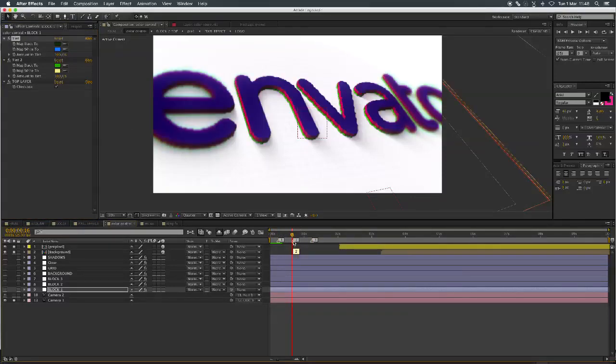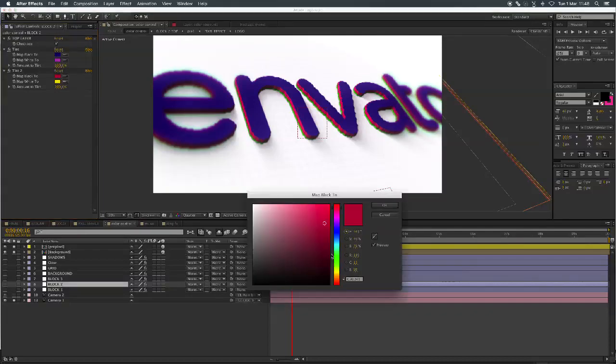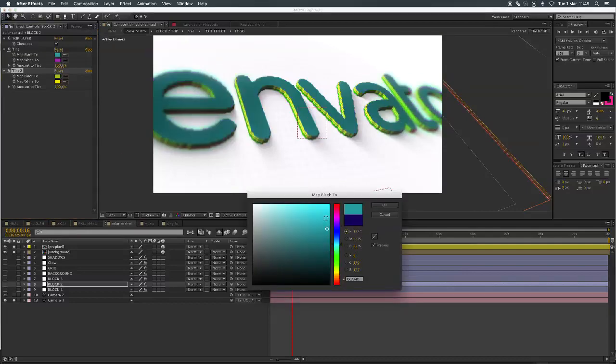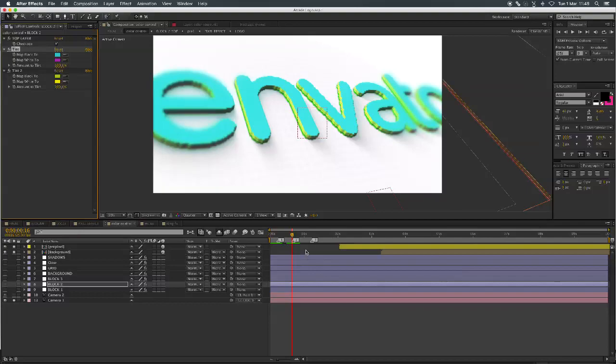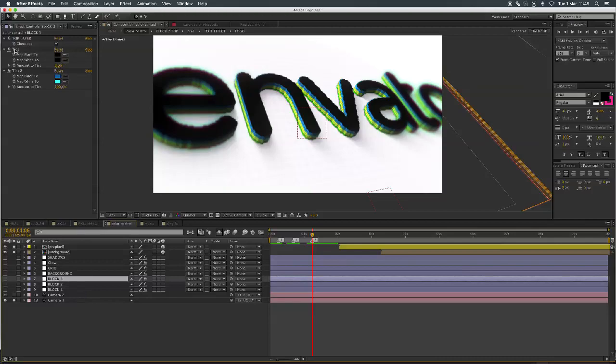Block 2 you can just activate here. It's the same situation, you've got the red on the side and blue on top. Just select block 2 and top layer, just turn that off to see what's going on. It's red. I'm going to change that color to greenish. I'm going to leave it like that, and the top bar I'm actually going to change to a turquoise kind of color. Okay, and then the third instance will be our logo, which has the final color, which